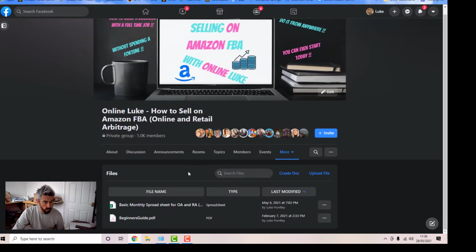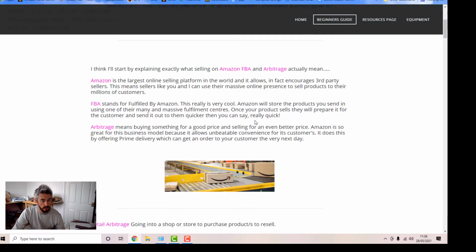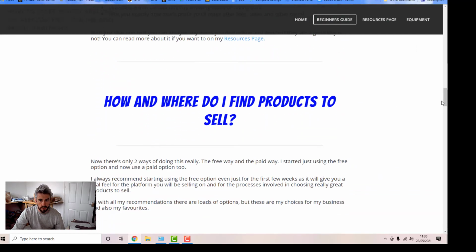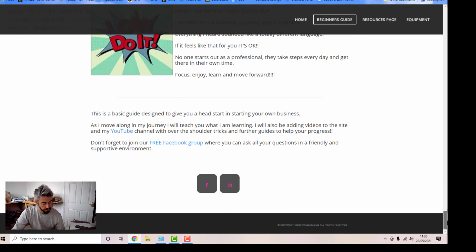If you click files and come down here, there's a PDF there containing the beginner's guide, so you can download that and you can crack on with that straight away. Or you can head over to onlineluke.com, along the top here, beginner's guide, and you can read your way through there and get started selling on Amazon just with this guide.